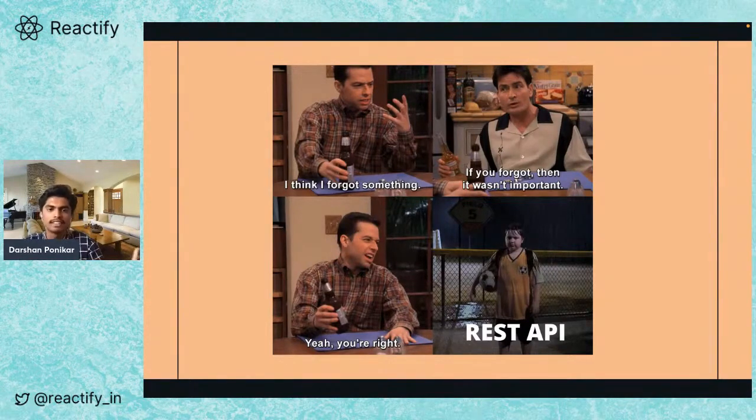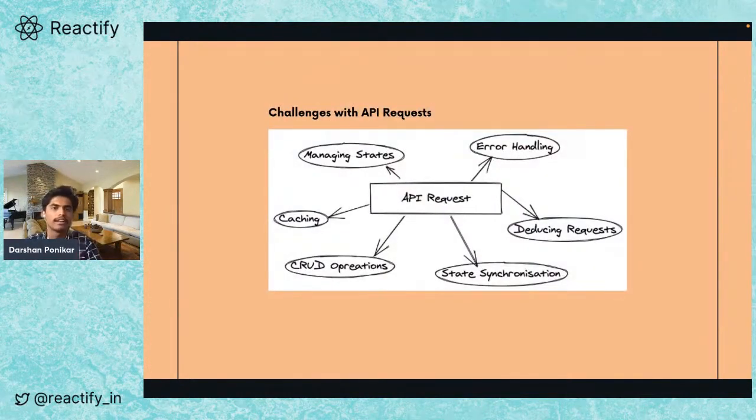But we forget about REST APIs, and this is really important because when GraphQL came, GraphQL had this really amazing thing called Apollo Client, which basically handles everything, and we don't have to write any extra logic to handle a GraphQL query. But what about REST APIs? REST APIs are a really important part, because no matter what you do, even if you are making a to-do application, a blog application, or a SaaS application, REST APIs perform a really important part, which is why I really want to talk about API requests,